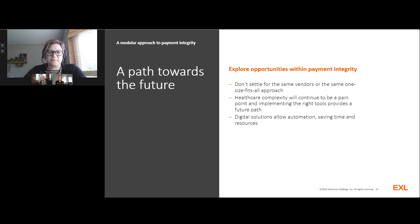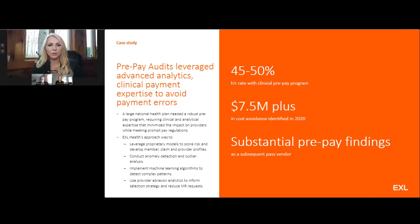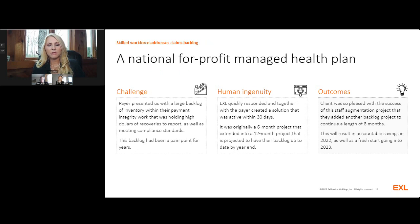So I think I'm going to just scooch back for a second, Erica, because I think you made a really good point. A couple challenges that I'm finding today with payers is they are coming to the table with what I would call internal expertise, that they have formulated bandwidth resources, maybe to tackle a segment of cost containment or payment integrity. And as they think about where their gaps are in payment integrity when they approach PI vendors, they're finding it's an all-in solution. And so there's this need for them to really let go of the work and the expertise that they've already crafted. And that's a hard thing, right? Because they've certainly saved the organization